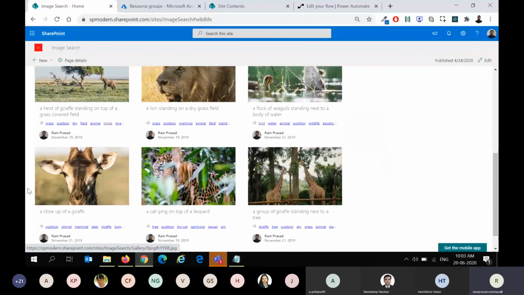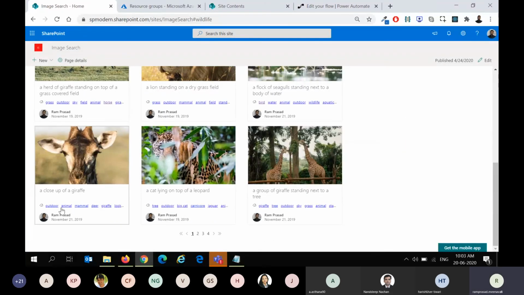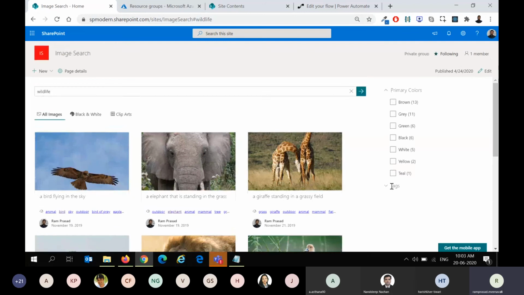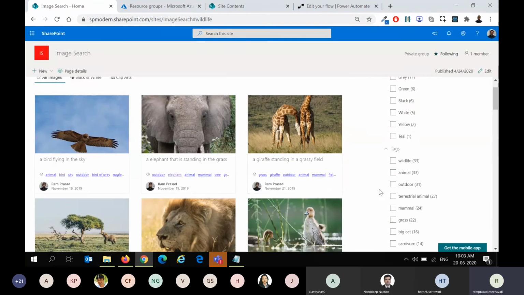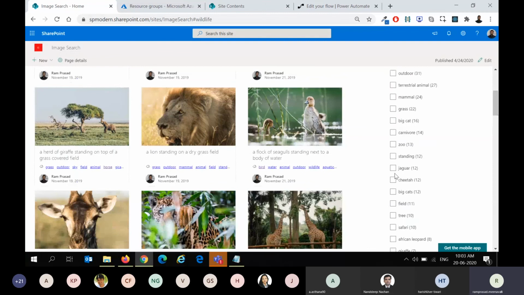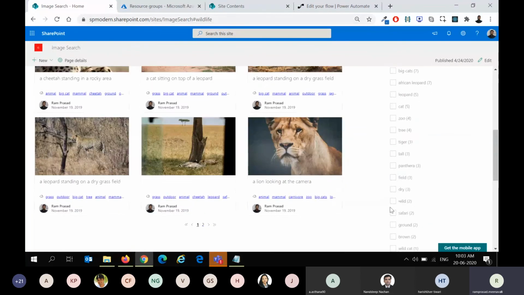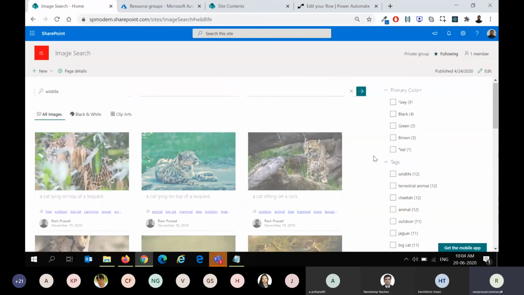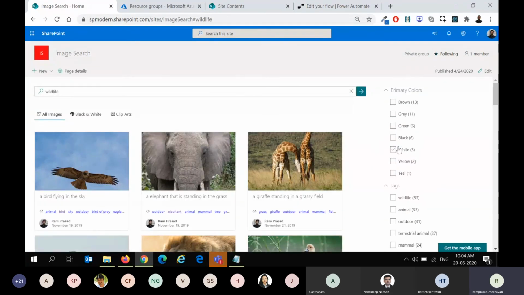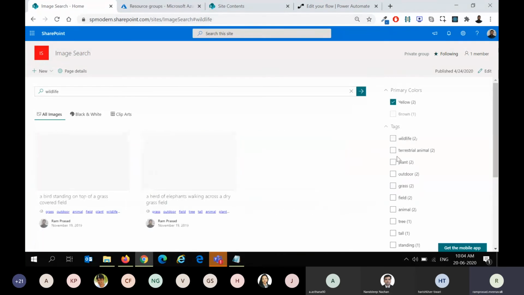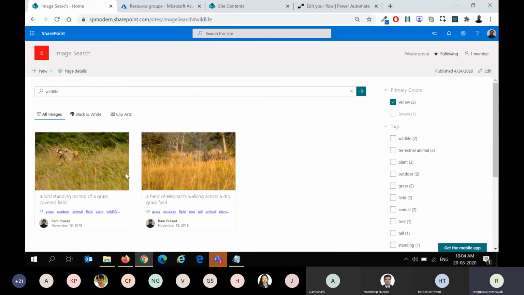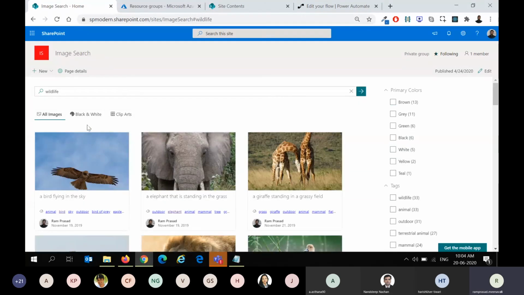Right, so it's identifying the image based on whatever search keyword I have given, and there could be other parameters which we might be interested to use. I might be interested to find only a cheetah, so I can use the tags as a refiner and find all the cheetahs, right? Let me remove this, and we can also refine the search items based on the primary identified colors of it. So let's say I select yellow, yeah, so there is a dominant yellow color in this picture, so it's getting filtered. Similarly, we can filter for images based on their image type.